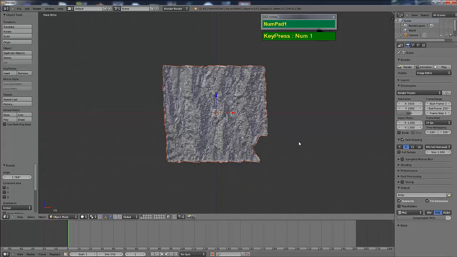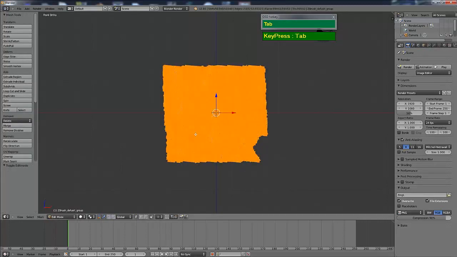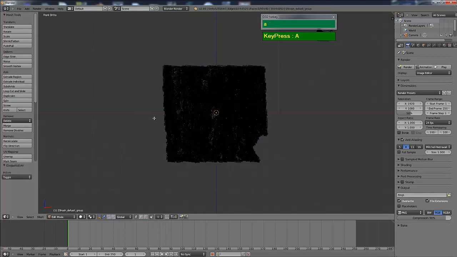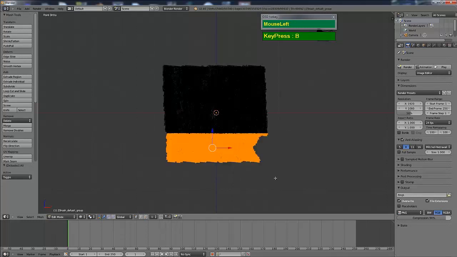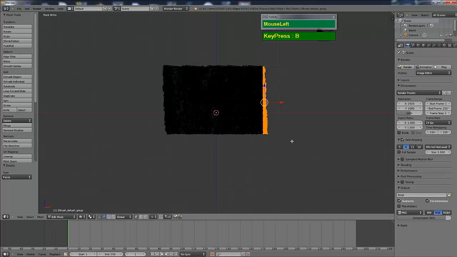The next thing you want to do is to trim the object here. We want to keep all these edges straight so that later we can stitch them together easily. So I'm going to right mouse click to select this piece and then press Tab to go into edit mode. Press A to deselect all, and press Z to go to wireframe mode. Press B to go to border select, left mouse click and drag, and delete the faces by pressing X. Then I'm going to do the same for the rest of the edges.